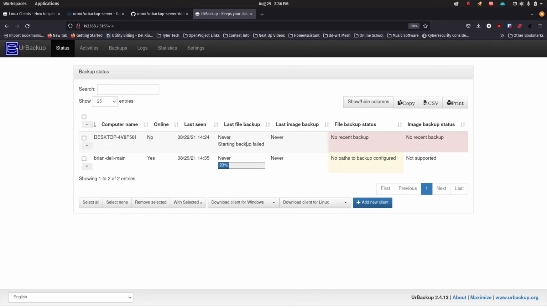This is a really great tool. It's a really great system. I've been putting this off for a long time because I just didn't feel like tackling it. It's really not too bad. Getting the server set up and running was super easy with that Docker image, and then using the host network information is the smart way to go, in my opinion, because that's going to save you some trouble in the long run. And then getting my Linux system on board here was just copy that command and paste it in